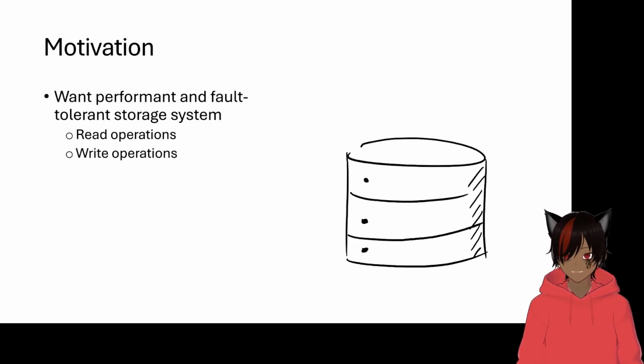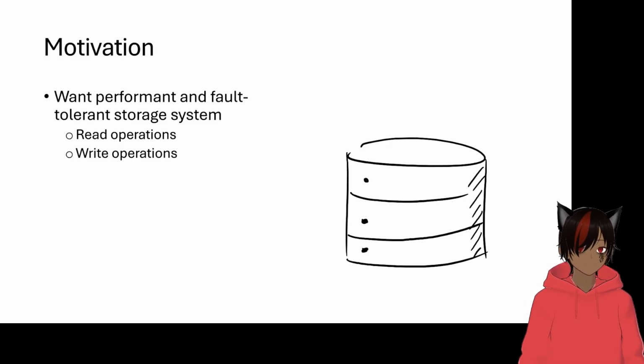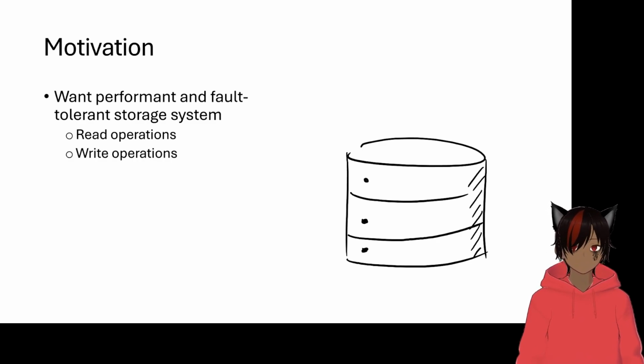And in general, I think it's best to think about this as sort of like a hash table. Essentially, you can read a key and get a value associated with it, or you can write to a key and give it a value, that sort of thing. But really, it doesn't matter. It can be any data structure. It can be anything that has read operations and write operations, updates and queries, so on.